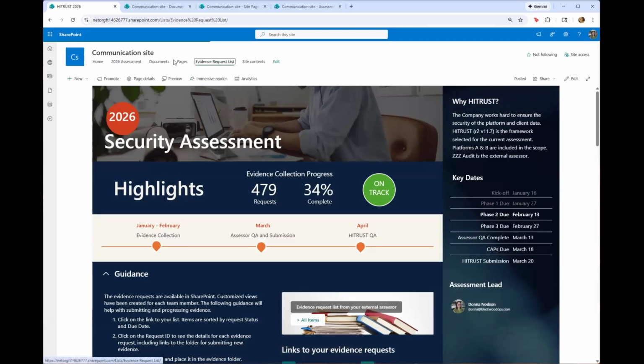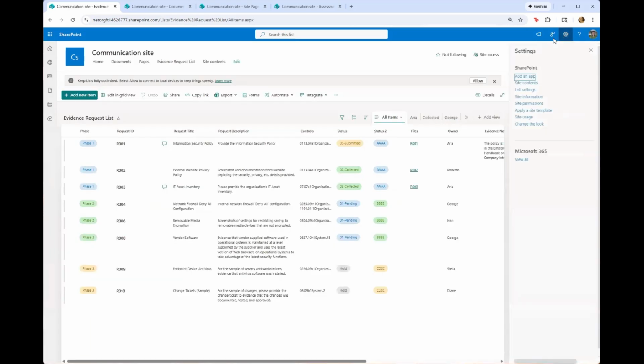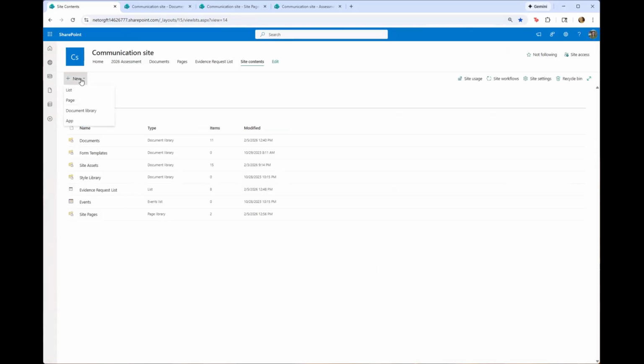Okay. So if I go back to site contents, I'll just show you quickly how to create a new page. So you can create a new list, page, document library. So document library is useful. You can store all your documents in one library, but if you wanted to put that library as a link or visual on another page, that's when it's useful. Or if you want them to have individual fields, that's when it's useful to have a different document library. So if I wanted to have all the contracts for clients in one library,